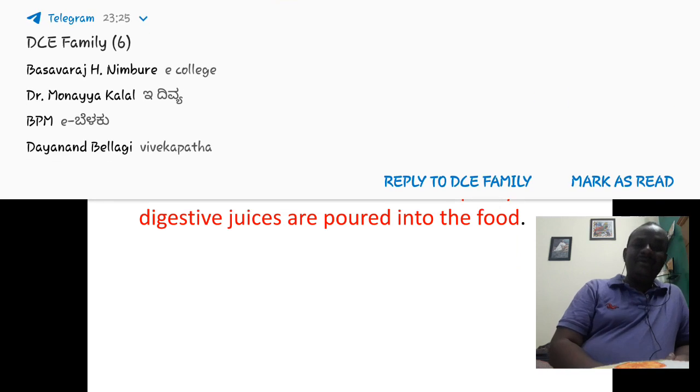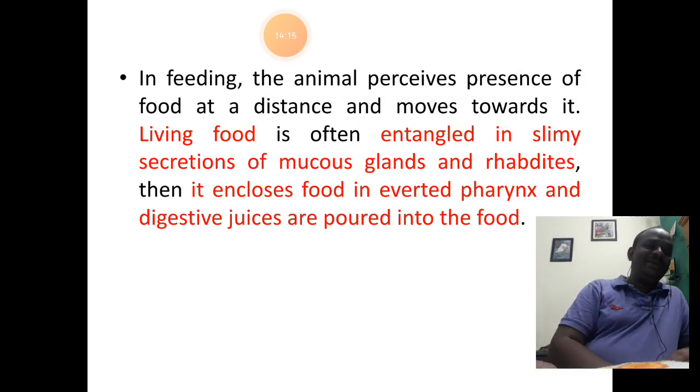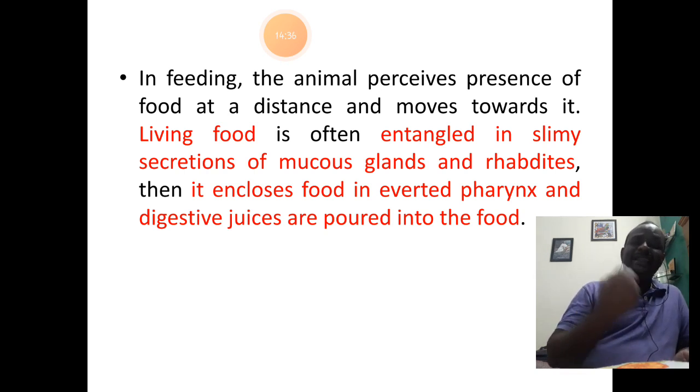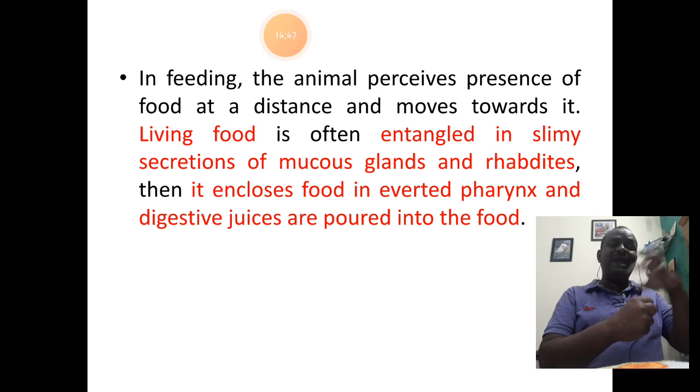Planaria can perceive the presence of food and move towards it. It is also brought about by these receptors present on its body. If the food that it needs to consume is living, then the Planaria moves to the place of the food's availability and starts pouring a slimy mucus substance which will entangle the food, which will